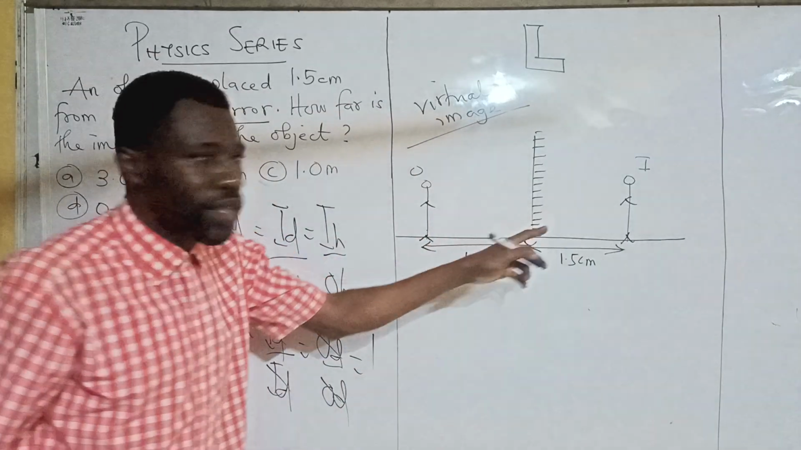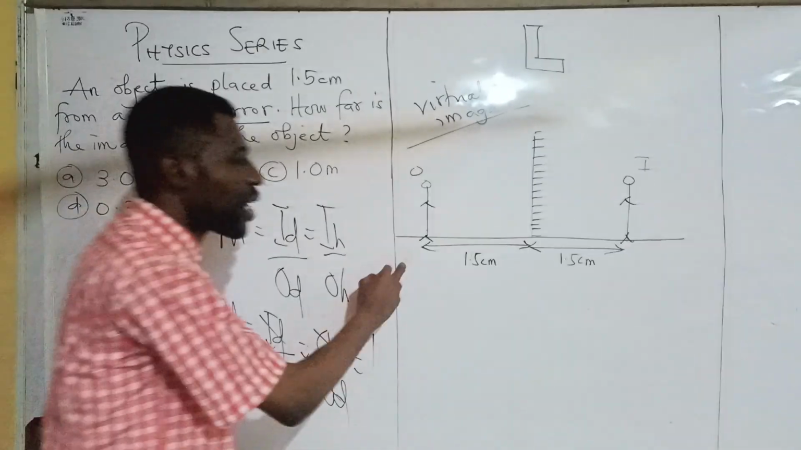The distance of the object is the same. The distance of the object from the mirror is the same